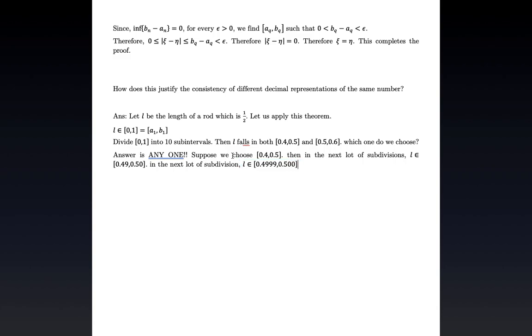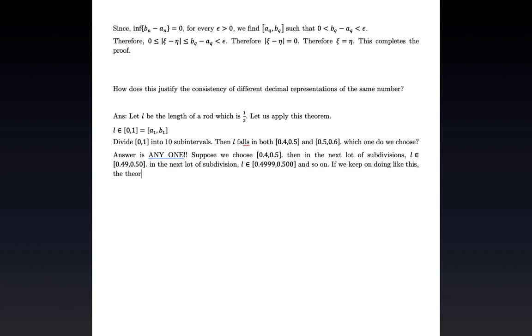So now you see where we are going, and so on. If we keep on doing like this, Cantor's intersection theorem